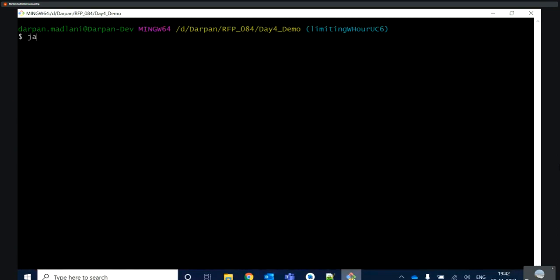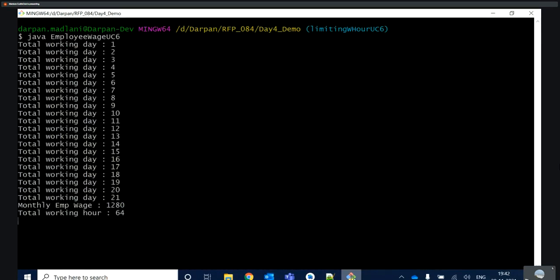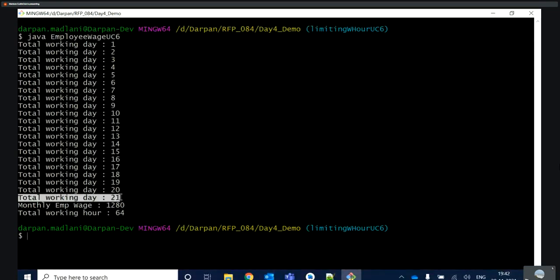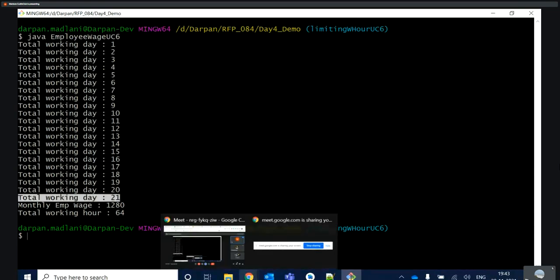We compile it first, then Java use case 6. Working day is 21. Yes, this 21 implementation will come.